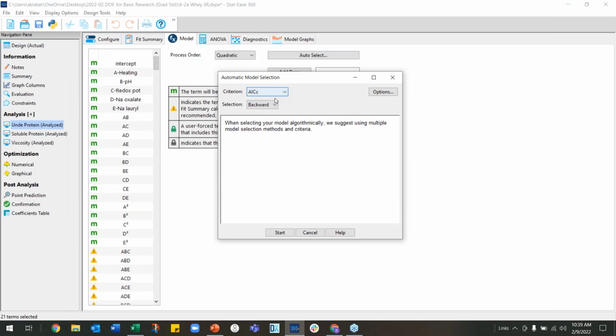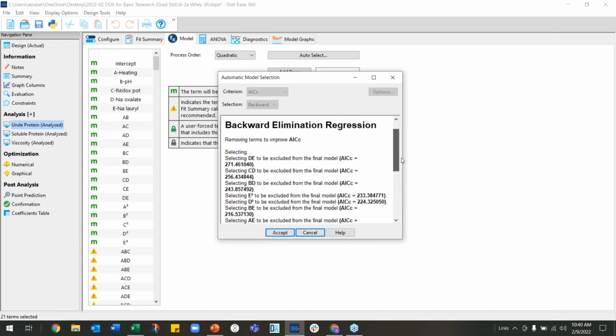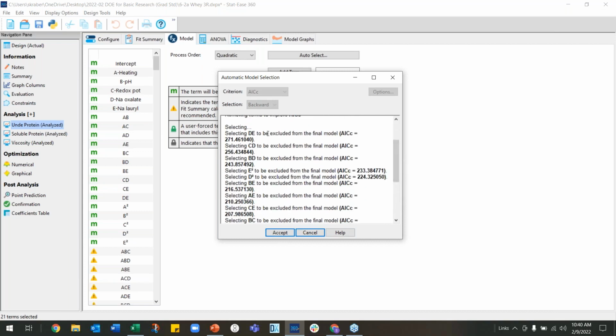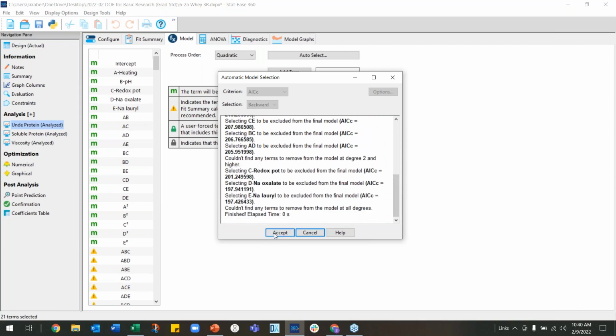And the criteria of AICC with the selection method of backward is my favorite criteria. That's the only one I'm going to show you. Again, there is a webinar that goes through the ins and outs of these, but if you use this default AICC backward, it goes through and it excludes terms one at a time and recalculates things. So you can just click accept,